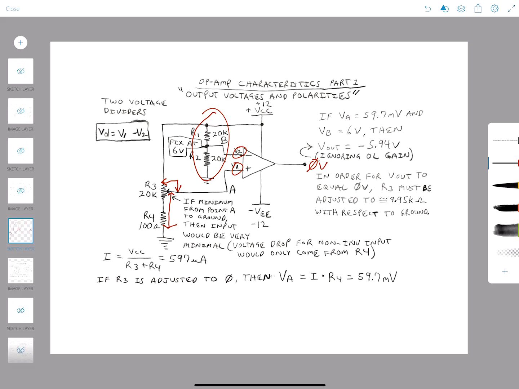Okay, similar to your lab 1, you were looking at different values on the inputs, trying to determine what the output would be. If you have any questions, please just let me know. All right,